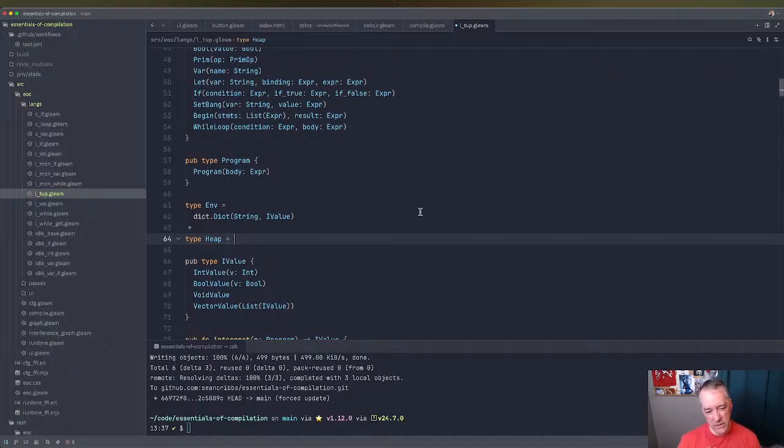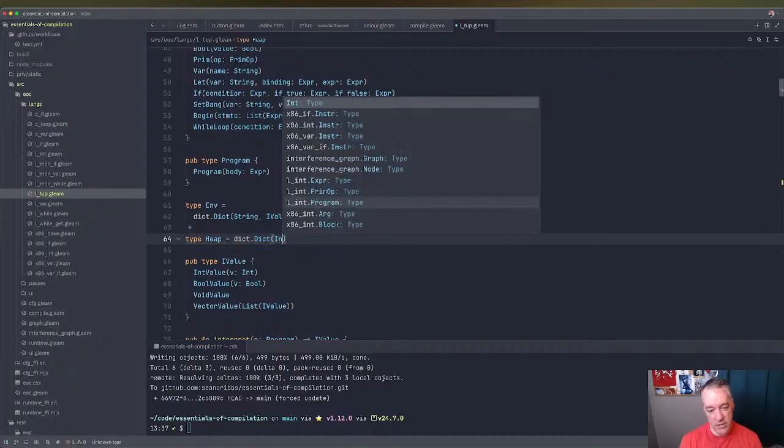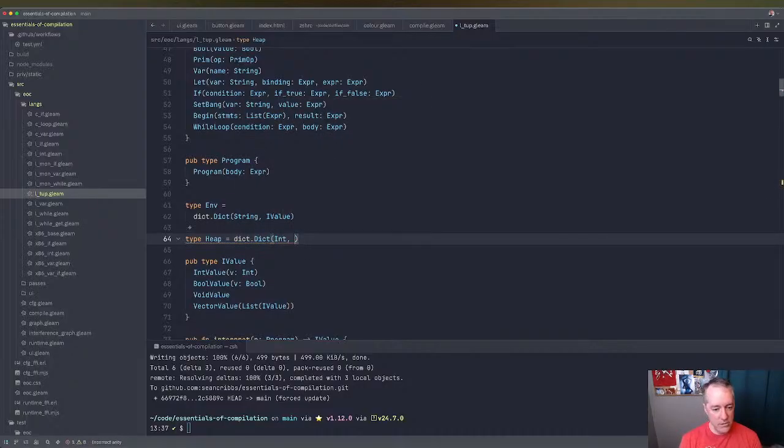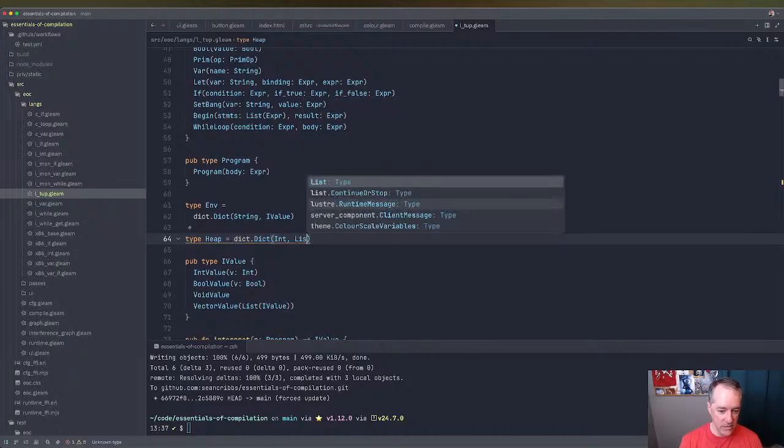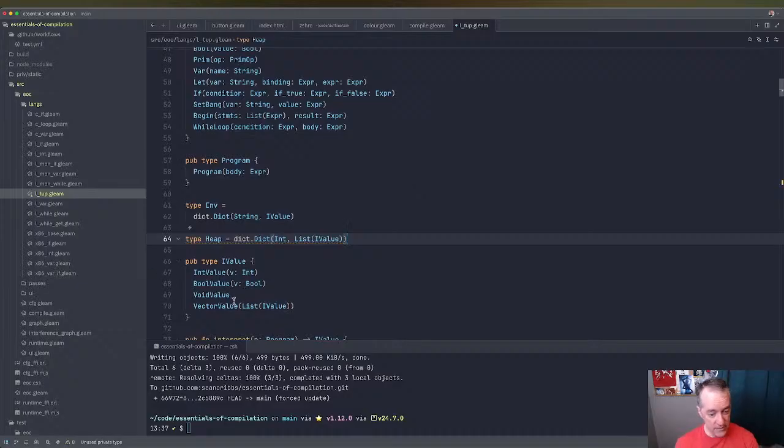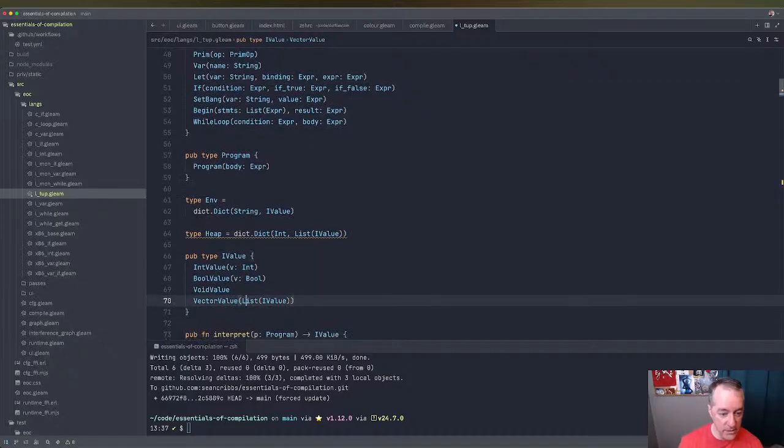We don't really want it to be a list though. Let's do a dictionary of int to, and remember only vectors are on the heap, so we can say it's a list of I value. So that's the contents of the vector. And then the vector value, we're not going to do that. What we're going to say is